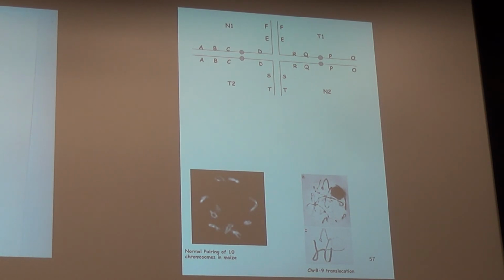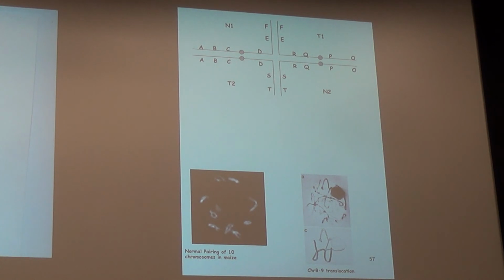Now you might imagine that N1 and N2 go to one spindle, T1 and T2 go to the other spindle. So one spindle attaches to N1, the other spindle attaches to N2 and pulls it out of the wall, and then T1 and T2 go through the wall. And so the third possibility is